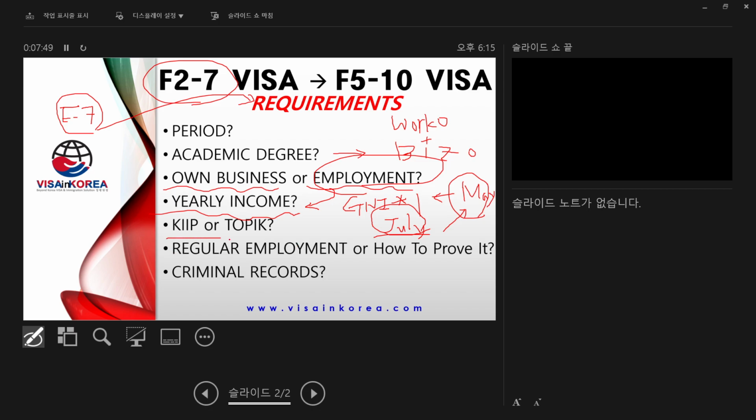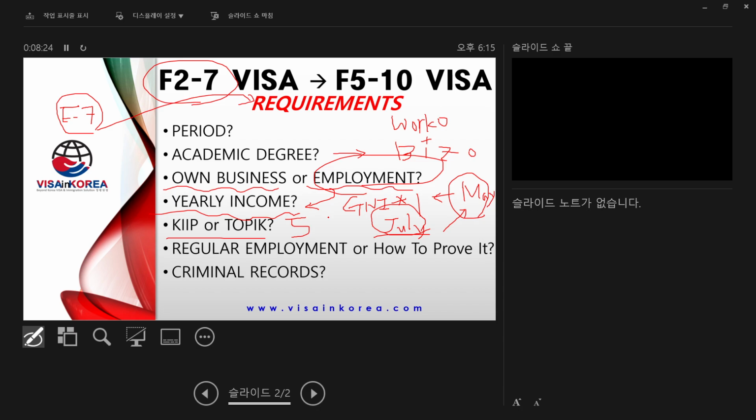So KIP stage 5 completion is required. It's from September 1st, 2020. So if you complete KIP stage 5, you have to get a test score over 60%, or after that you need to get over 40% of the total test. After that you can get it. So there is no more three times taking classes, right? There is no automatic KIP stage 5 completion. You have to take a test.